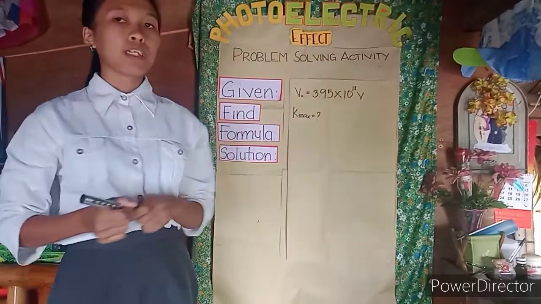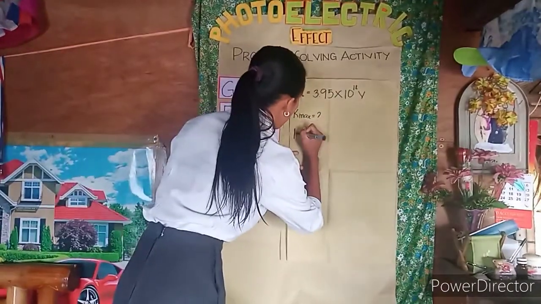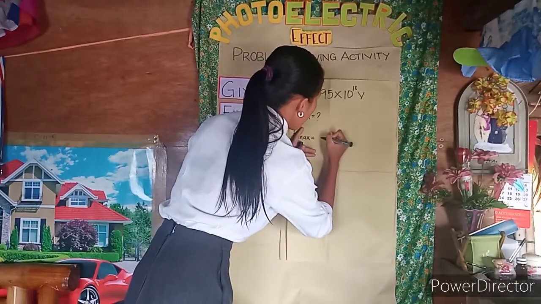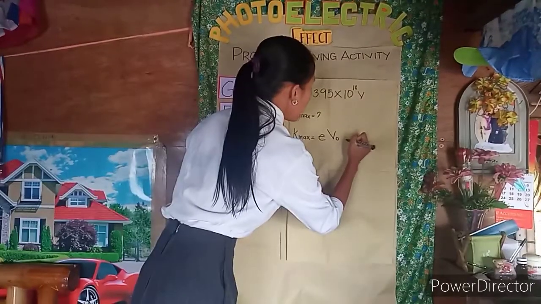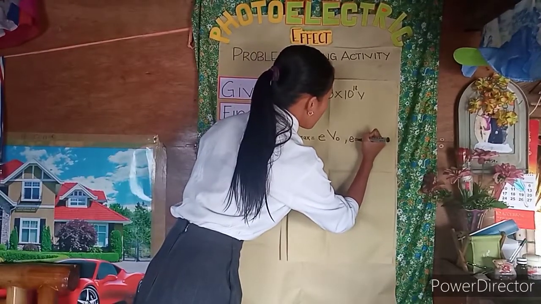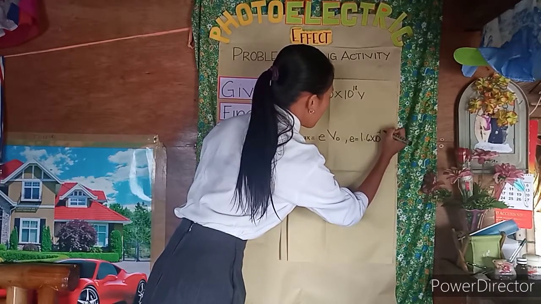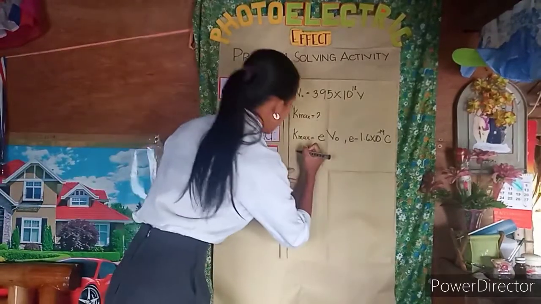In order to find the maximum kinetic energy of the photoelectrons, we can use the formula: maximum kinetic energy is equal to the electron charge times the stopping potential, wherein the electron charge is equal to 1.6 times 10 raised to negative 19 coulombs. Substituting these values, we will have